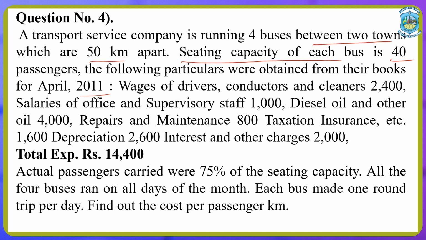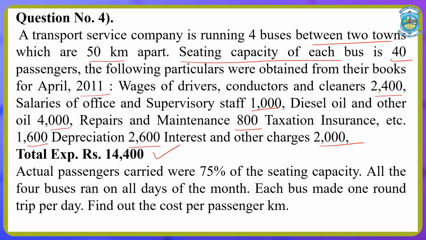Wages of drivers, conductors and cleaners are given as 2400. Salary of office staff and supervisory staff is 1000. Diesel, oil and other charges were 4000. Repair and maintenance charges 800 rupees. Taxation, insurance, etc. is 1600. Depreciation on vehicle is 2600. Interest and other charges were 2000 rupees. So, the total expenses incurred during this period are